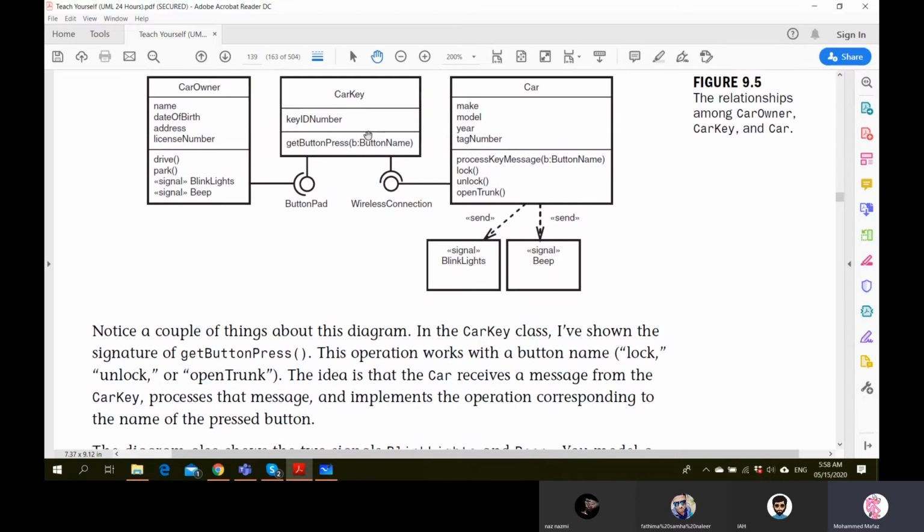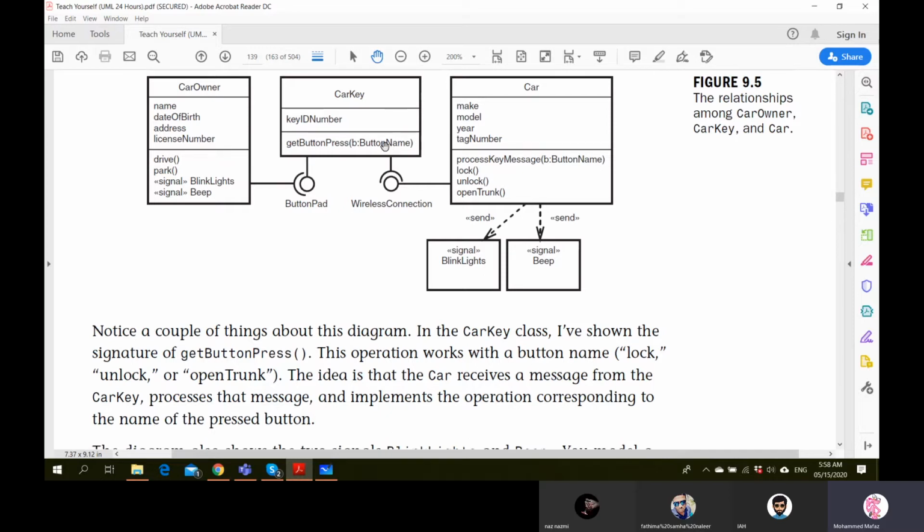In the car key class here, I've shown the signature of get button press. This operation works with a button name, either lock, unlock, or open trunk. Basically here in this parameter, the whole thing is called the signature.